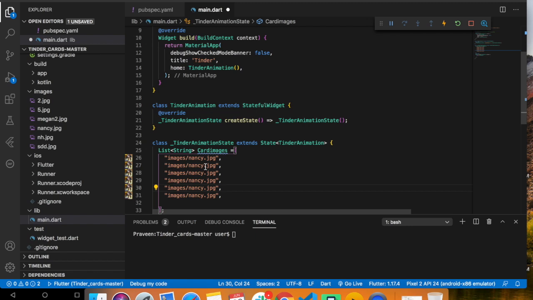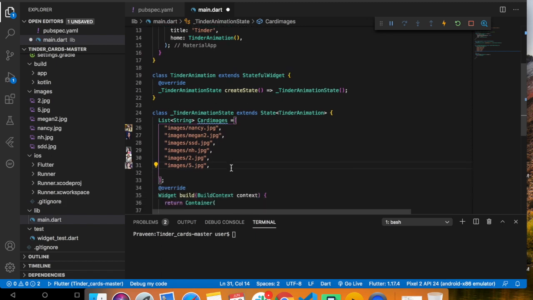The first image is Nancy. Second, I have to give the Megan2 dot jpg, and then ssg dot jpg, and then nh dot jpg, 2 dot jpg, and 5 dot jpg. Correct. So through this I have created a list of images that I want to call, and now here I have